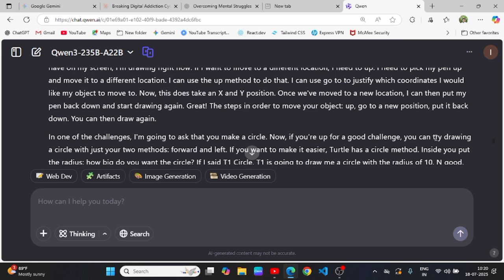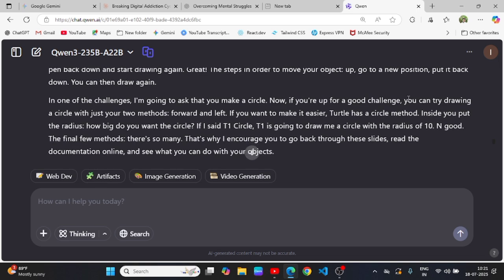So in one of the challenges, I'm going to ask you to make a circle. If you are up for a good challenge, you can try drawing a circle with just your two methods, forward and left. If you want to make it easier, Turtle has a circle method.